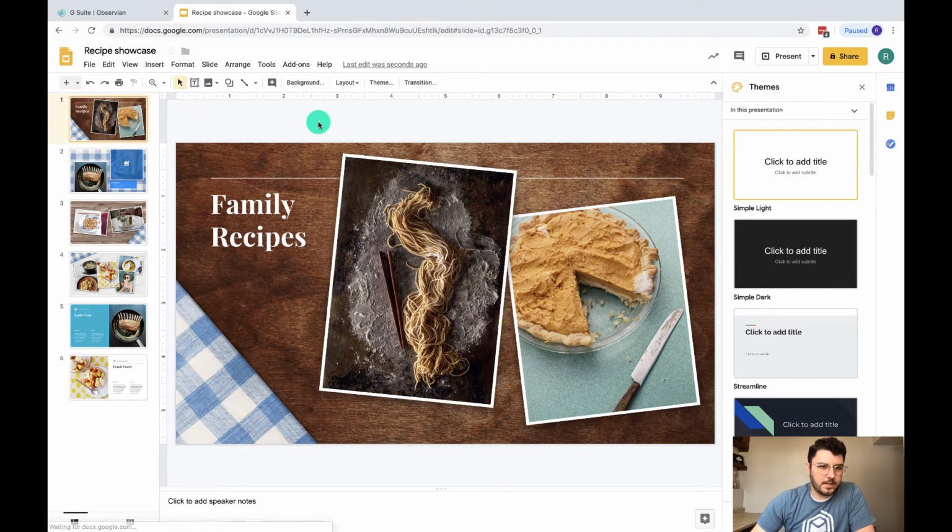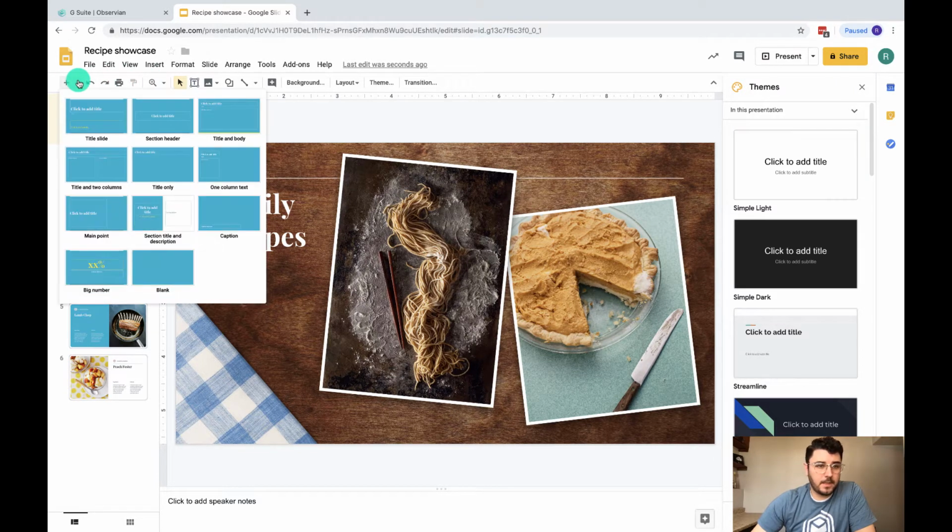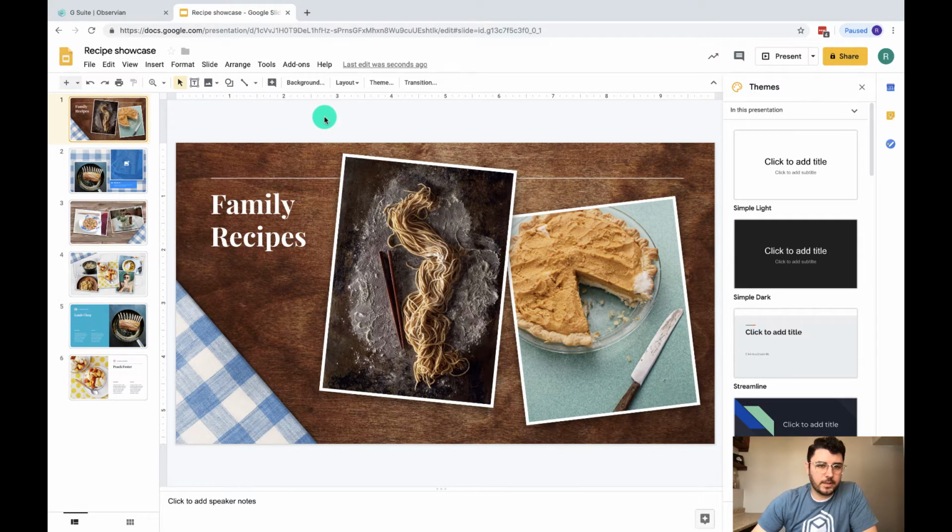Now that this has been created, let's go through some of the common questions that you might have about slides. The first question you're going to have is, how do I add a new slide? If we come to the top left here, we can add a new slide, and if we choose the drop-down menu, we can add a slide with a different layout. These pre-configured layouts are very helpful. If we click out of that